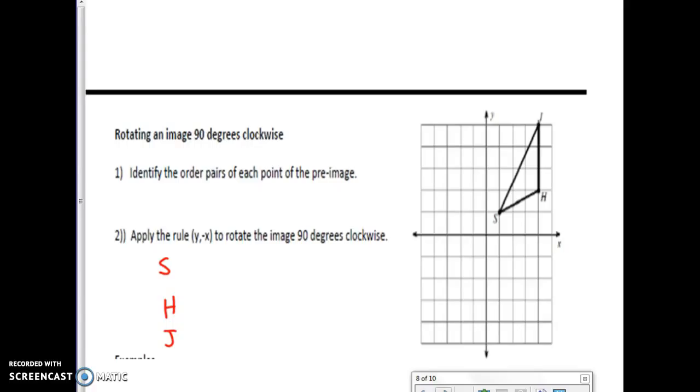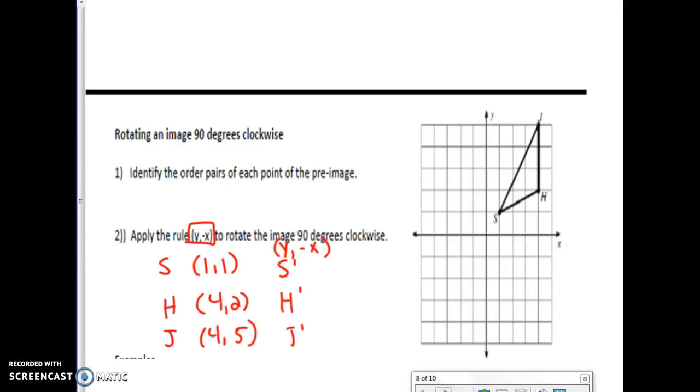So S looks like it was 1, 1. H is at 4, 2. And then J looks like it's at 4, 5. So I'm going to perform the following transformation in which it's (y, negative x). So what happens is for S prime, automatically for each of these, what happens is the